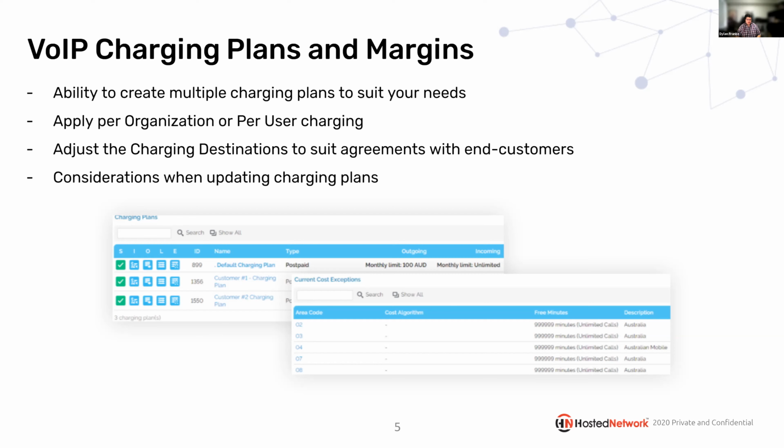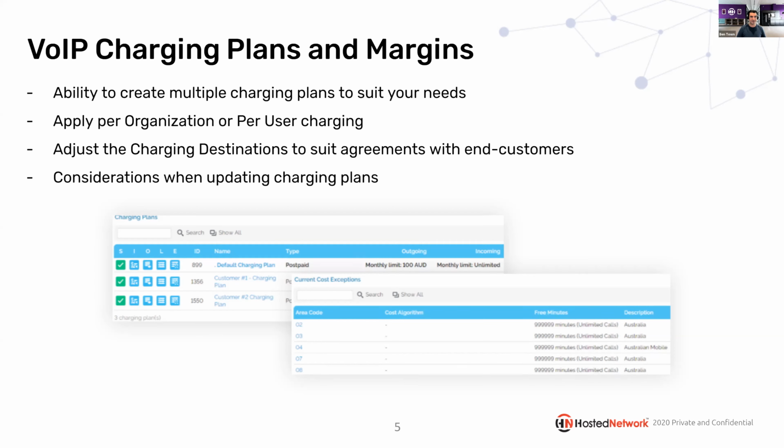And adding on to that as well, with our rebilling system, it directly pulls these call costs straight from VoIP now. So the rebilling system is going to use whatever margin you specified on the charging plan as what it pipes into that invoice. So you're going to want to make sure when you bring a customer on board that you get that right from the get-go. Otherwise, it's going to cause some headaches further down the line. We really can't update it for the past. We have had partners where they've forgotten to add their margin. They want us to go and